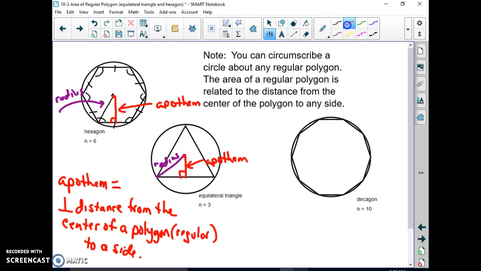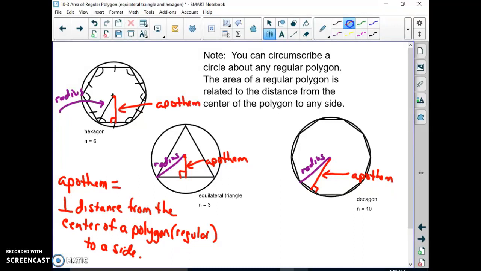And same thing over here. From the center of my polygon to a vertex is my radius. And then perpendicular to a side, right here, is my apothem. Okay, so we're going to use both the apothem and the radius to help us find the area of any